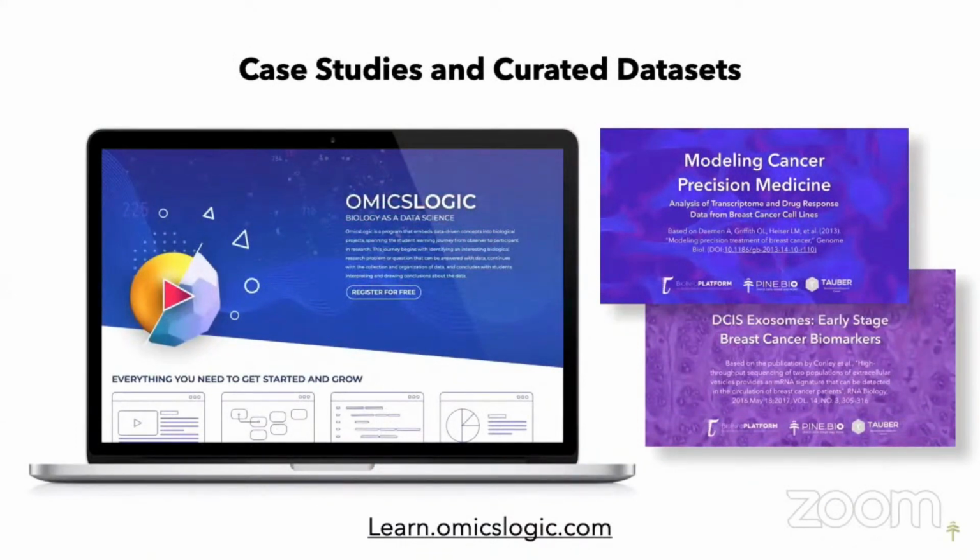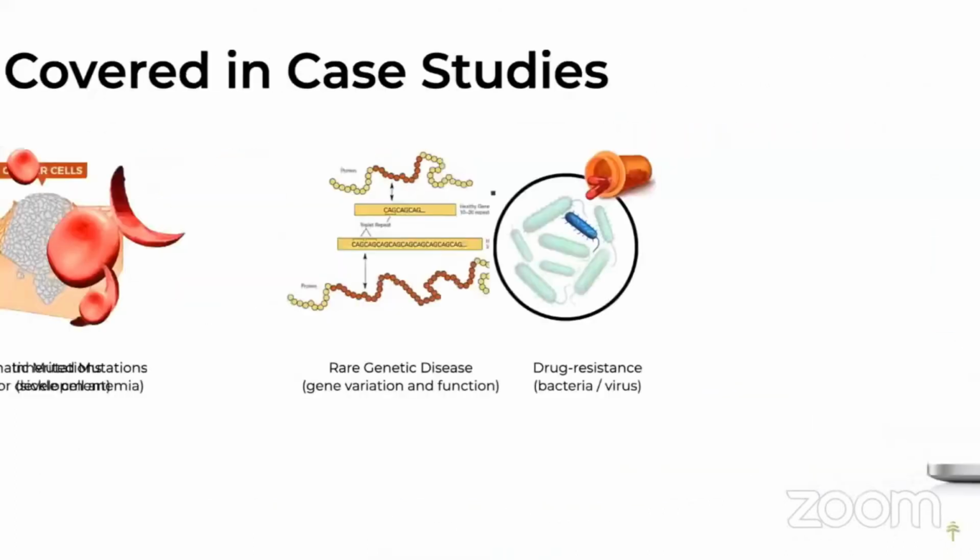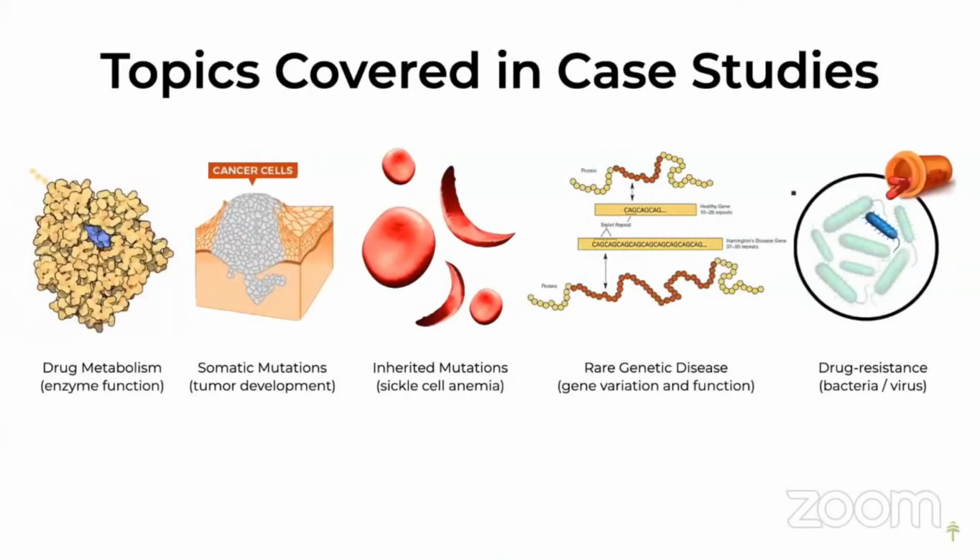Some of them are based on full analysis of datasets that are already published. Simply by following the steps described in these case studies, you will be able to make important discoveries that today are being used in the clinic. Some of them have to do with drug metabolism, identification of somatic mutations in tumor development, inherited or germline mutations like sickle cell anemia, rare genetic diseases, as well as drug resistance associated with different types of antibiotics and